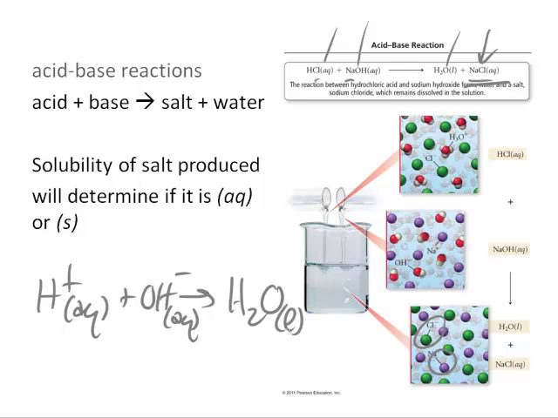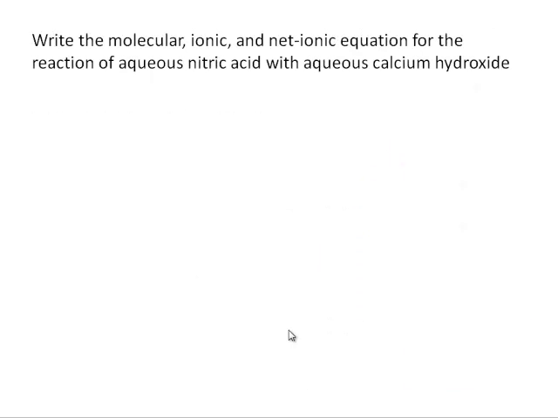Okay, let's take a look at a couple more examples to illustrate this and figure out how to predict the products for acid-base reactions. So now we have a reaction between aqueous nitric acid and aqueous calcium hydroxide. And what we'd like to do here is utilize our skills to determine the molecular, ionic, and net ionic equation for this. The first thing we're going to do is determine the molecular